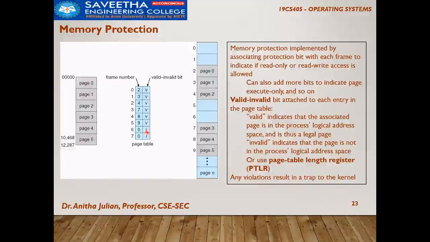Now I can see these are all valid entries, and these two are invalid. Page 0 is found in frame 2 itself. But again there are some invalid entries, showing 0 also. At times there can be an error, and those types of errors are removed by including this valid-invalid bit. If the bit indicates invalid, then I can clearly know that I'm not mapping a page to an unknown frame. That is the memory protection we are providing.